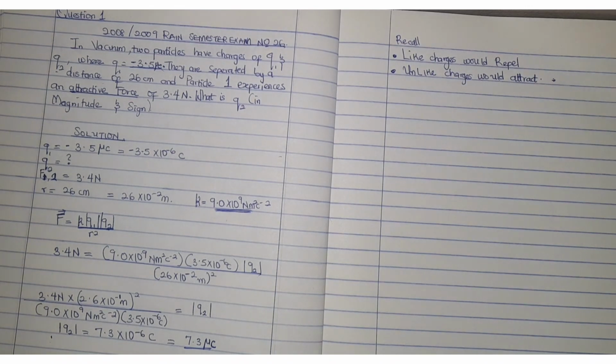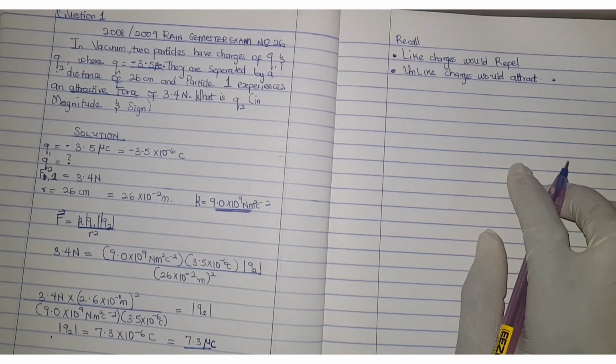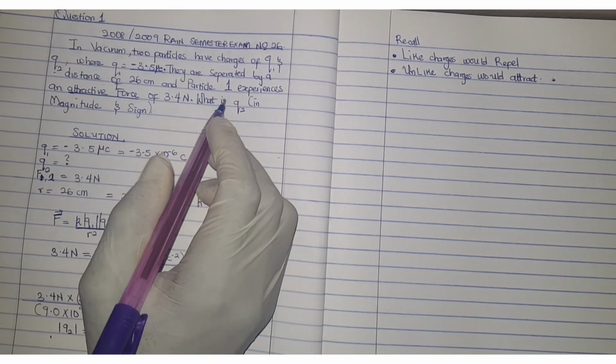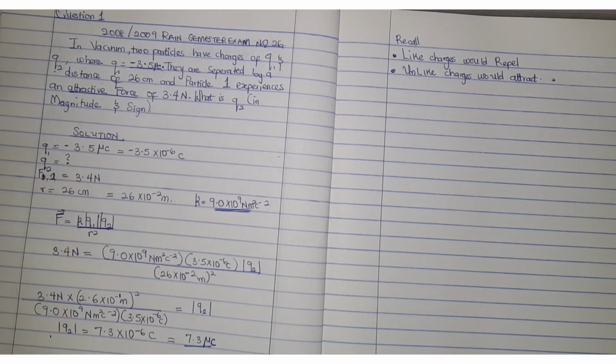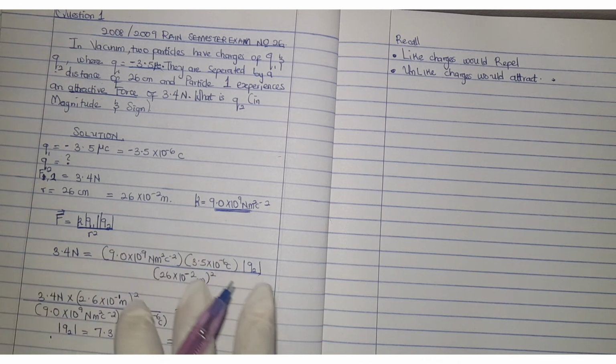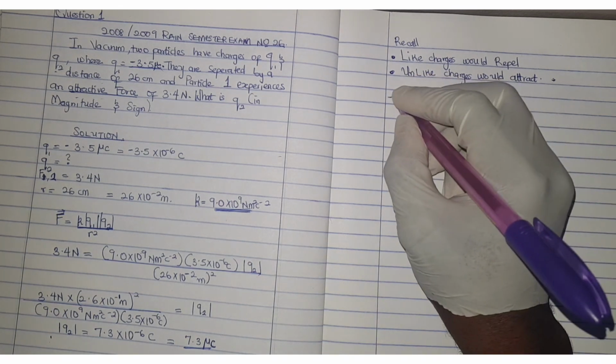Given that we know the sign of Q1, we can already deduce that the sign of Q2 is opposite to the sign of Q1 because they are unlike charges and they attract. The question says particle 1 experiences an attractive force. Had it been stated that it is a repulsive force, they would be like charges and the sign would be the same, but that's not the case here. The force of attraction is felt between them, and so